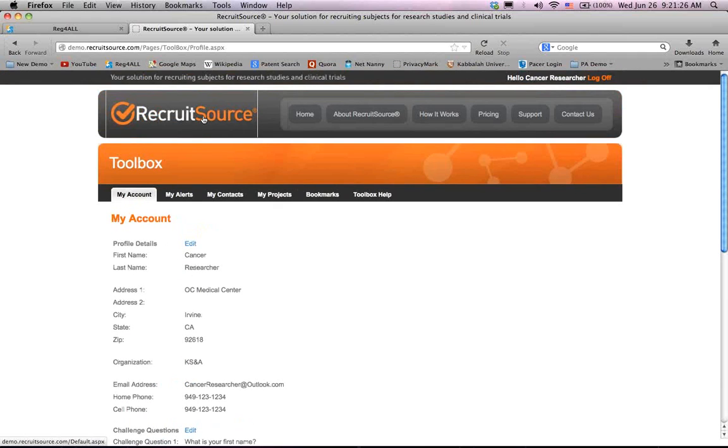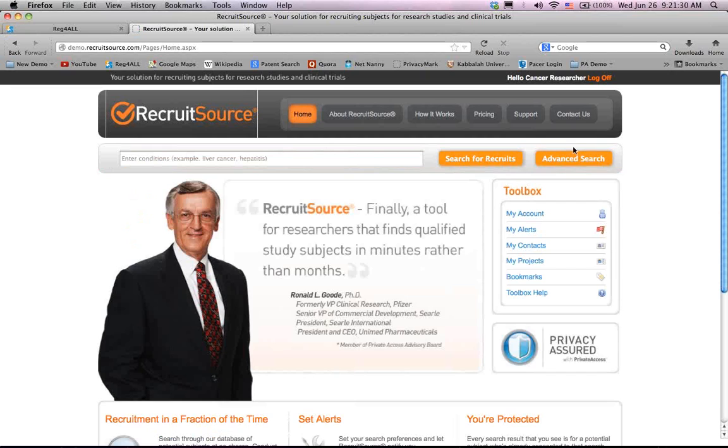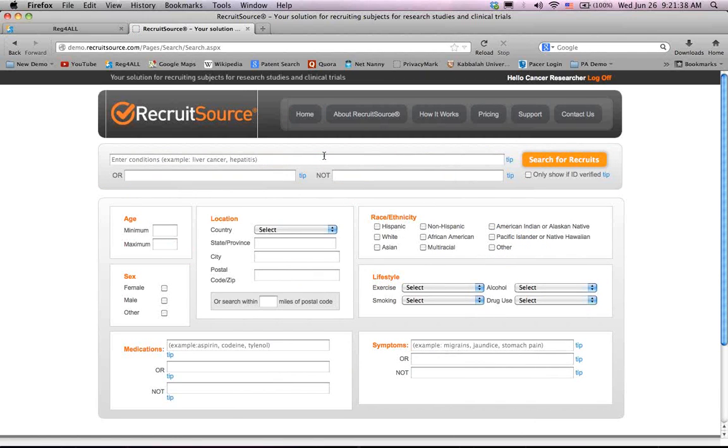And then once authenticated, the researcher is able to search for recruits, or people of interest. They can do it either from a search bar that's sort of like Google, or from a more complex advanced search. Just to show you what's available, they can use Boolean searches for the search query. So if we just search for liver cancer,